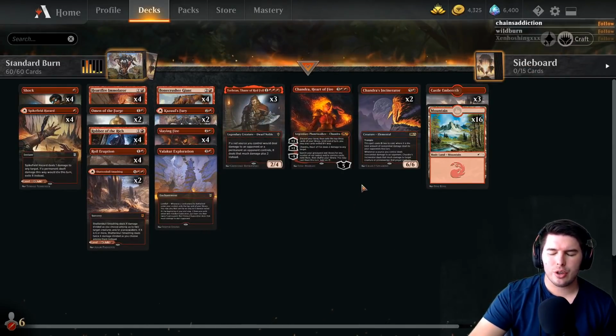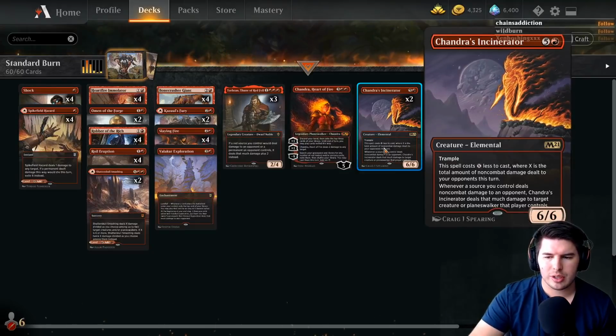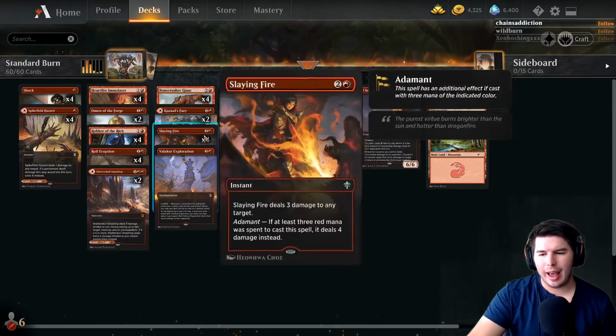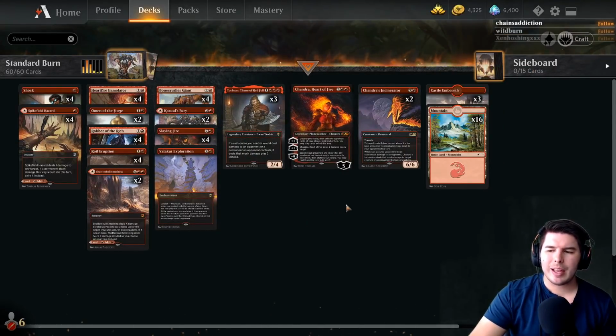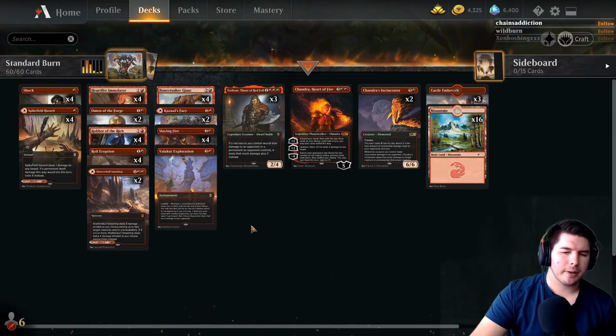The issue is just there's good removal right now too. As you could see, it was really hard to actually cast the Chandra's Incinerator consistently. We were having to wait till turn 5 to hit it every time because you have to have Slaying Fire or whatever else to be able to then have enough mana to still cast it. So I like it. It's just a little bit too slow for me in my opinion. So anyway,